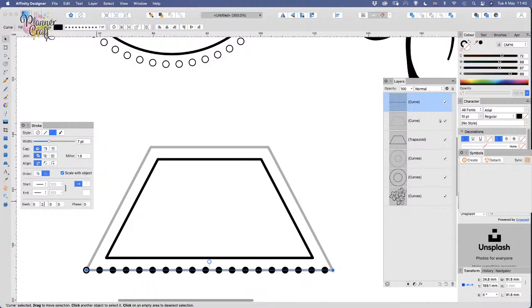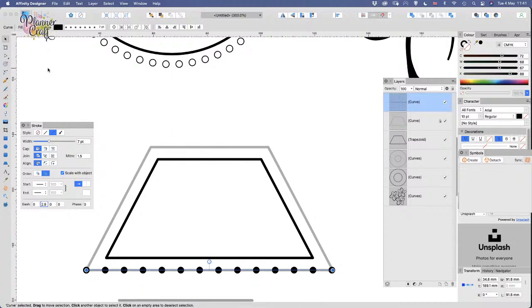So let's see if we can get our gap in our dash to do our work for us. And you can see that as we increase it, we're going to get fewer dots but bigger space. So you just need to decide if that's something that you would be happy with, or whether you want them closer together. Let's go 8. Oh, a little bit more. Too far. So this is one of those things where it is a little bit fiddly,